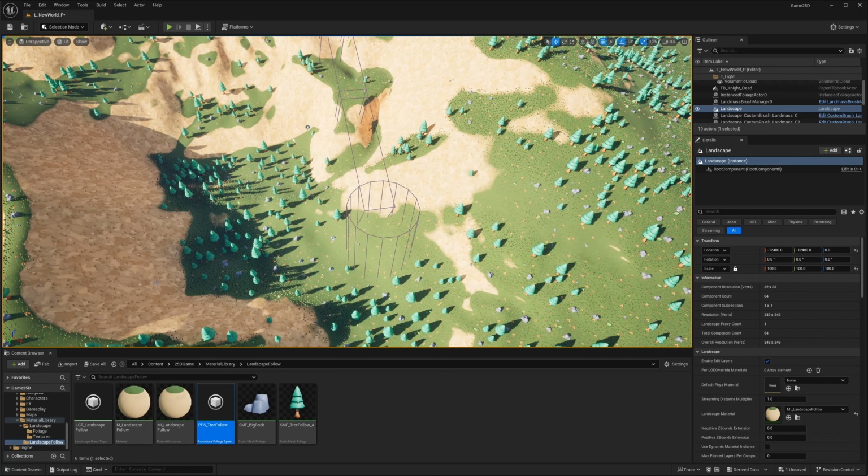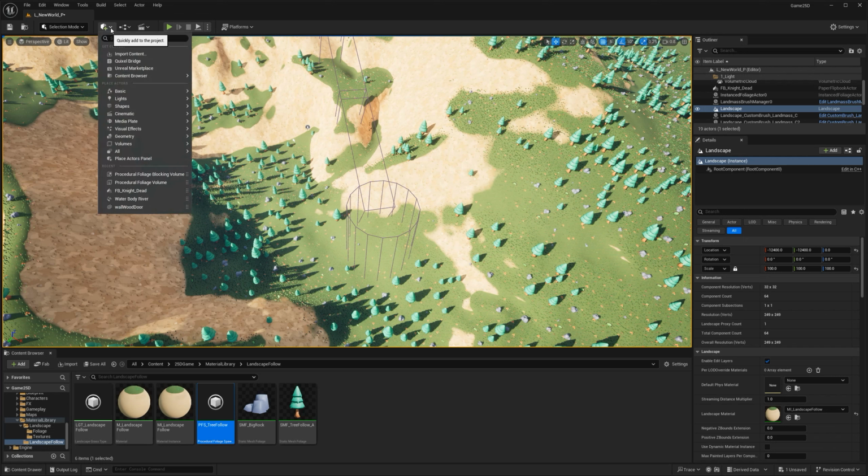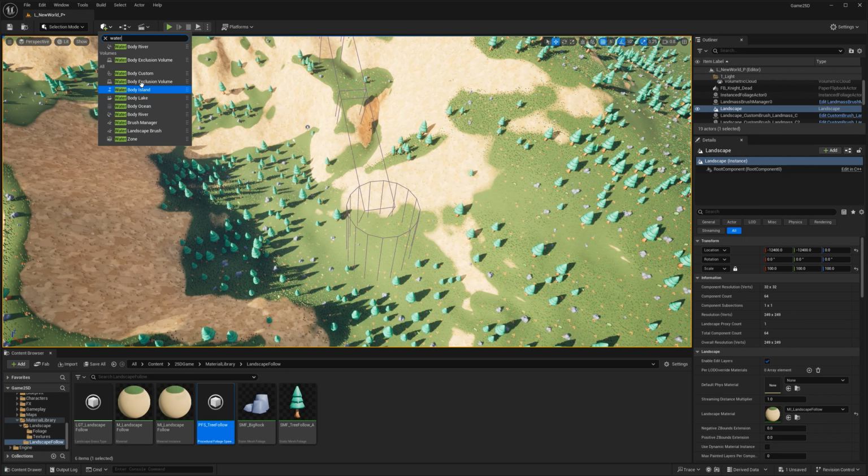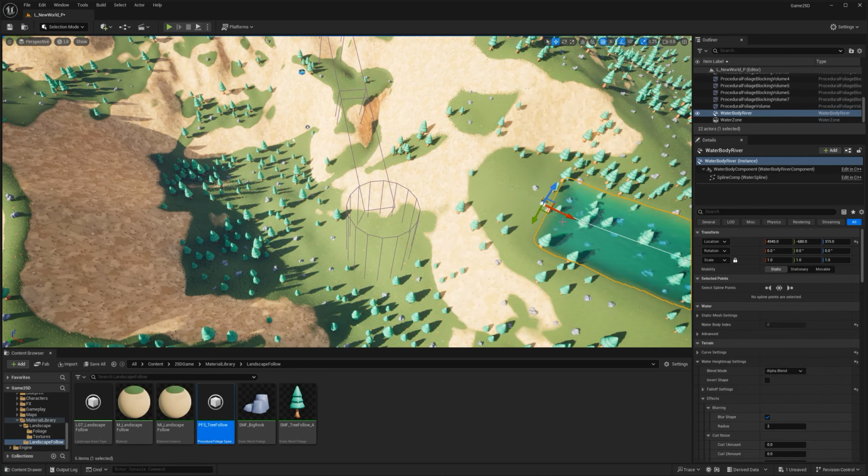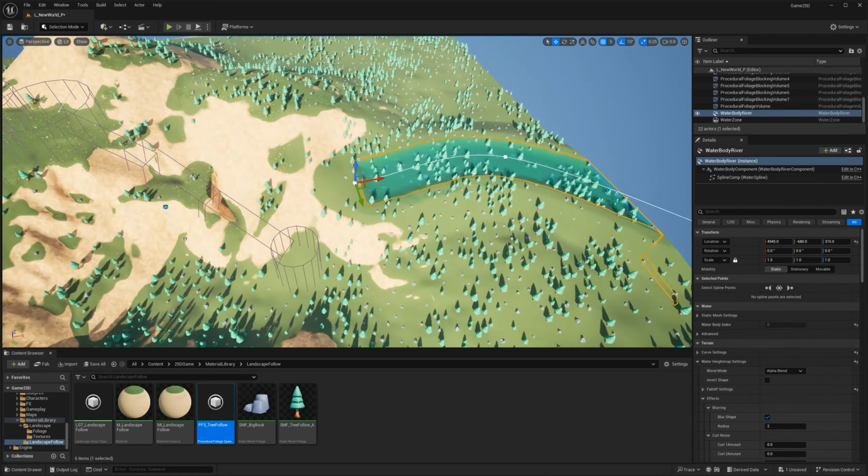With that said, the way that we're going to use this is the following way. Go to your Edge assets, type water, and then you can see different types of water objects that you can create. The one that we're looking for is the river. I'm going to use the river to explain how to control some of the settings with it, but that's going to be the same for every other water body.